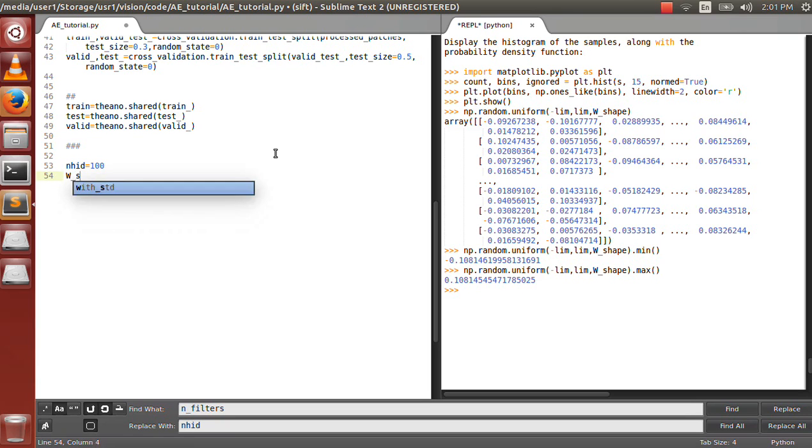The next step ought to be to define the parameters of our model. For that we need 4 parameters: W and the edge bias, which are needed for the upward pass, that is when forming the hidden layer from the input data, and U and the V bias, which are for the reconstruction layer, that is reconstructing from the hidden layer. So first let's define how many hidden units we want. I'll keep this as 100 for now. W shape ought to be nhid, nvis.